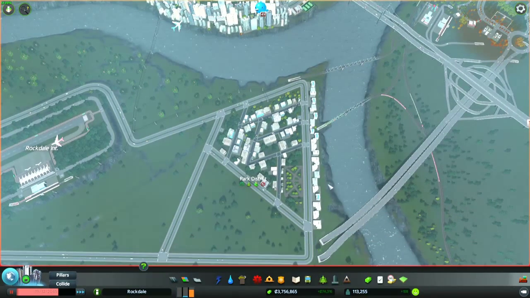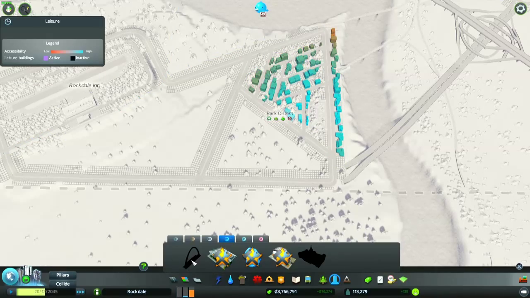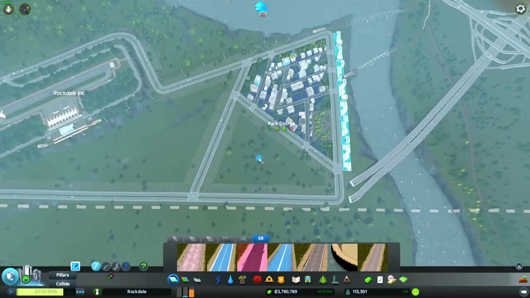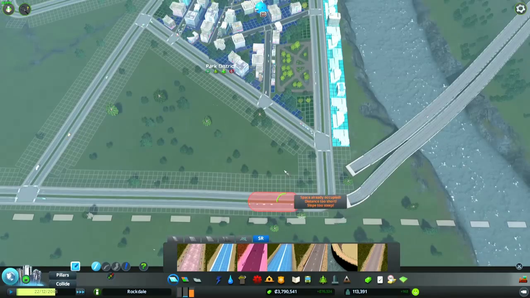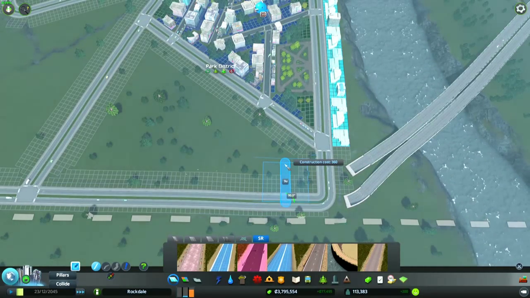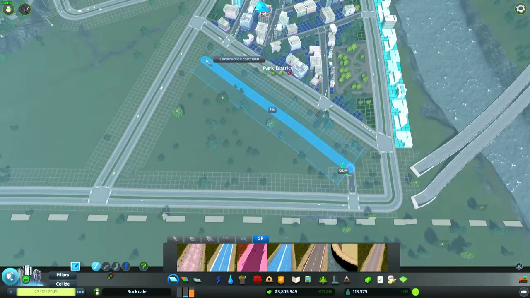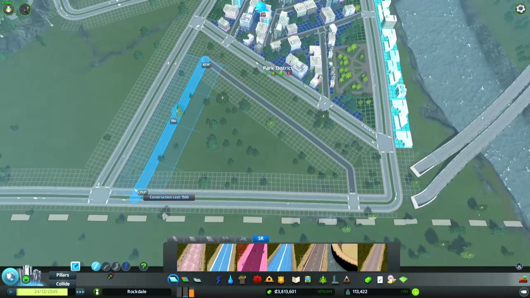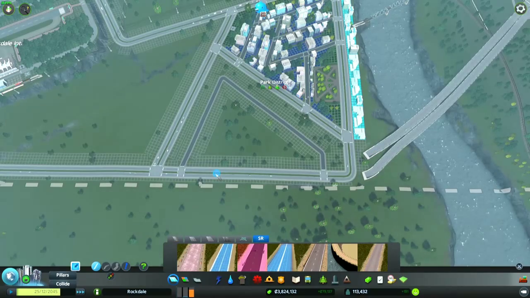Right, so how far away are we from getting this? We're still like 3,000 away. But there's still demand for it. So let's take a road to there. And then up to there. And down to there. Okay, and then we'll take a road